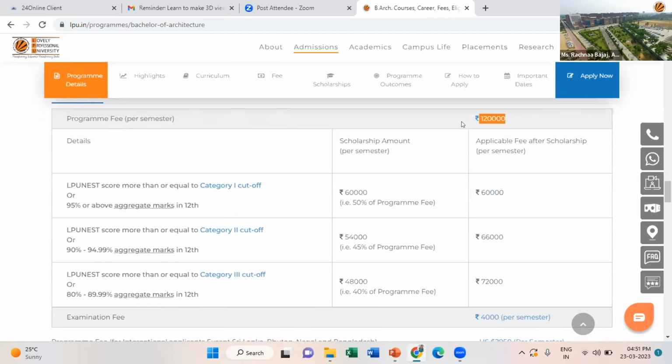Although, as you can see, the fees for this program is 1,20,000 without scholarship, but yes, we do have several scholarships for you, which you can apply for. You can see we have scholarship on the basis of 12th. Let's say if you score minimum 80 to 89.9% in 12th, you'll directly fall in category 3, that is of 40%,